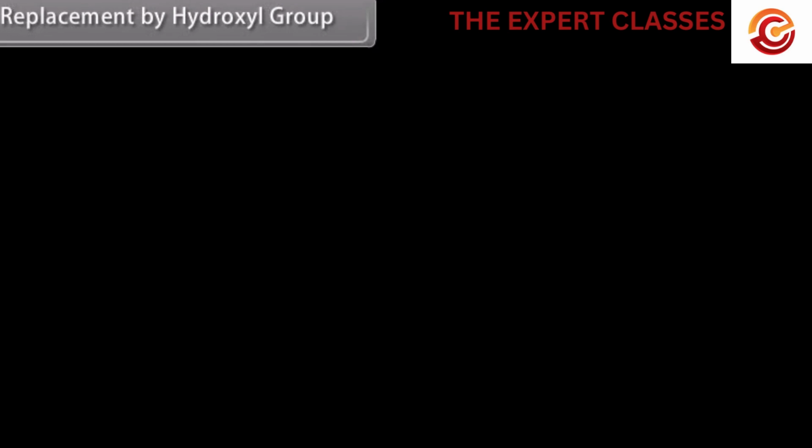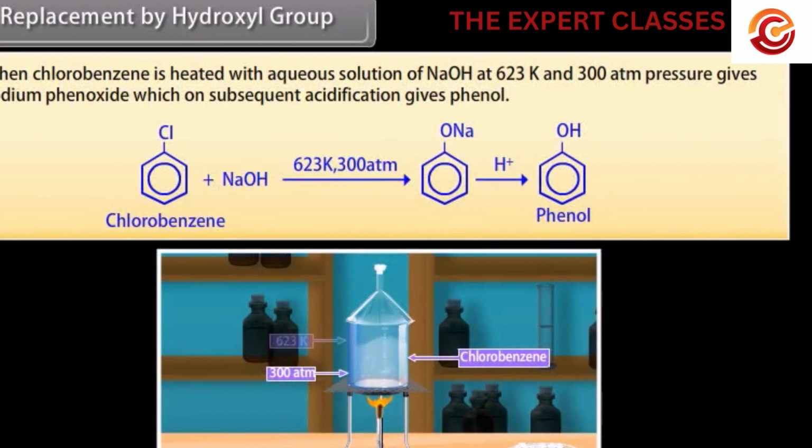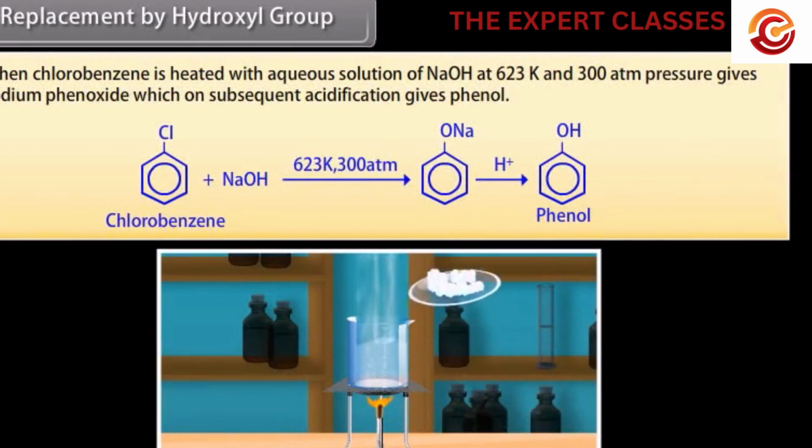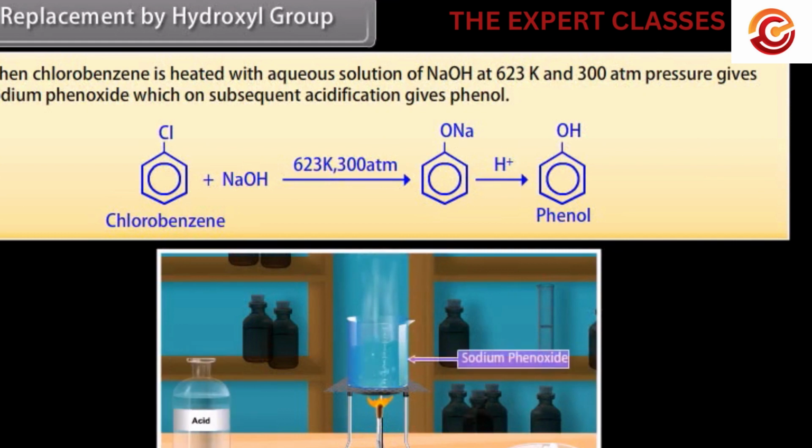Replacement by hydroxyl group. When chlorobenzene is heated with aqueous solution of NaOH at 623 Kelvin and 300 atmospheric pressure, it gives sodium phenoxide, which on subsequent acidification